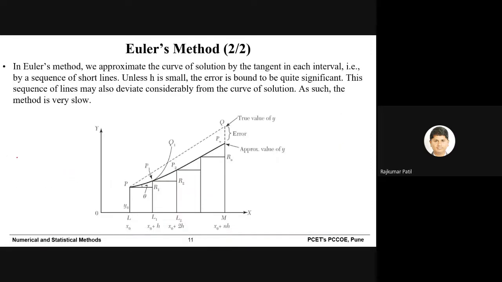So this is how we proceed in order to calculate the value of y in which we are interested. Now we will see some of the things related to Euler's method, and then we will move ahead. So a very important thing is that when you are trying to solve the problem, you need to make sure that h should be very, very small. It will increase the number of iterations, but it will also make sure to get an improved, more accurate value of y. So the value of h you need to decide, and that will decide the accuracy of the answer. And this final error you can see in the figure.